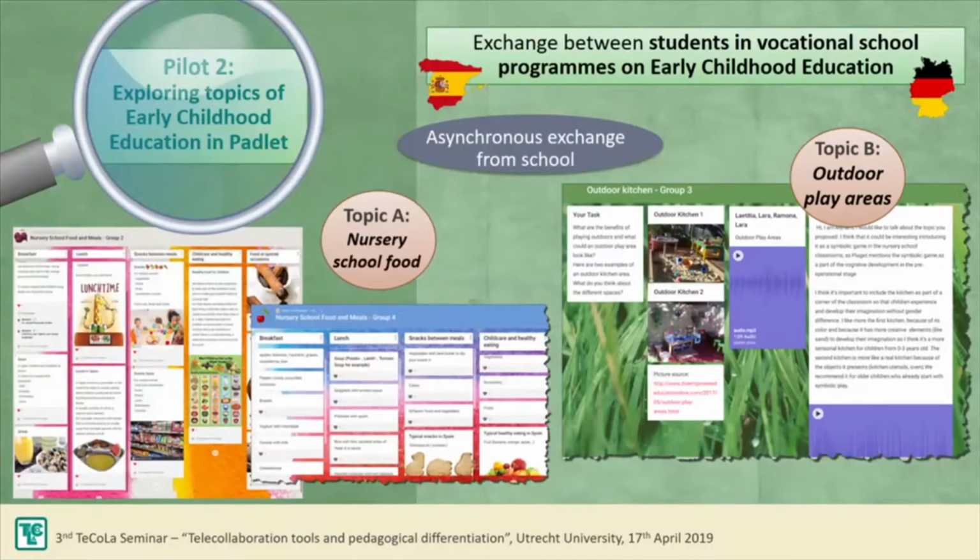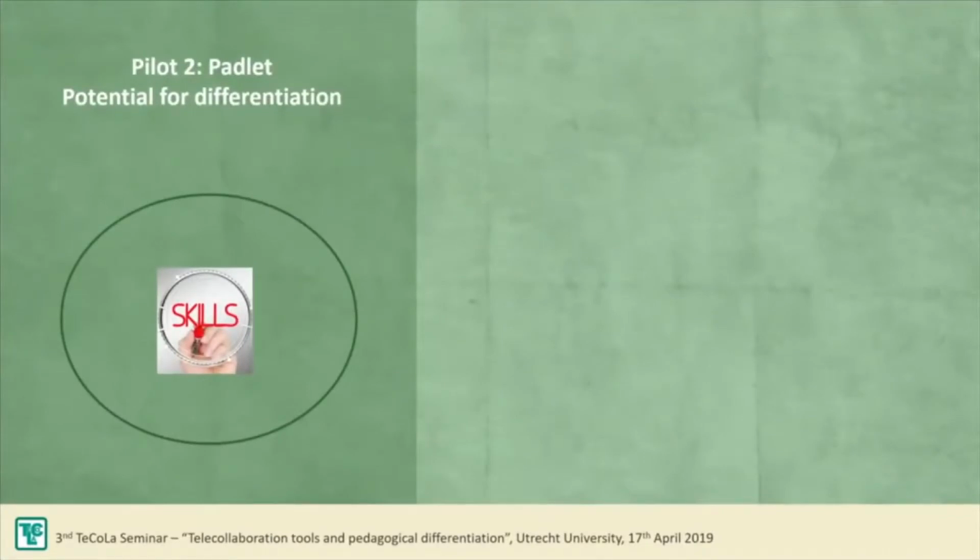And the second example, the topic there was outdoor play areas. And here the students compared different outdoor play scenarios. And in this case, they expressed their thoughts by an audio recording. So they used the audio recording facility in Padlet, and they recorded their thoughts and exchanged them. So what does this tell us? Yeah, and in others also, I think you had that as well, where they used the video facility, and we also have that with others where they use the video. So what does that tell us about differentiation in Padlet?